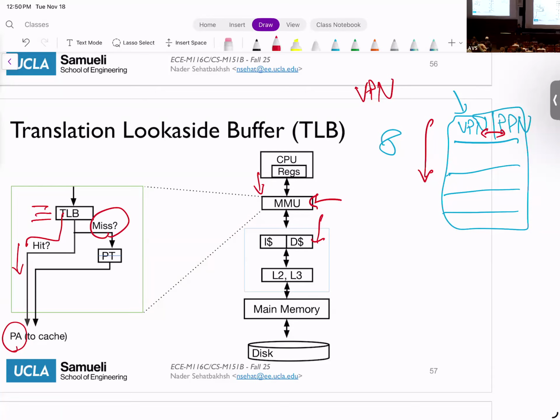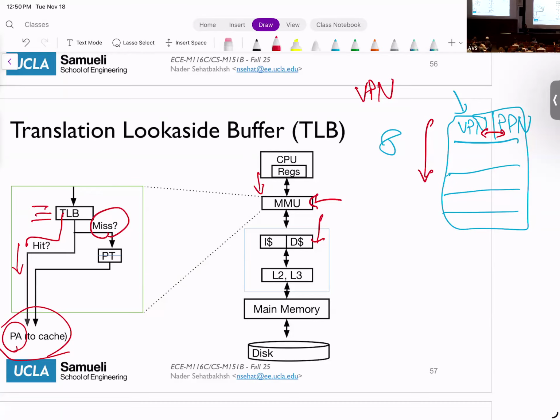Then I can go with my physical address to the cache and all that. So there is a huge difference in latency between TLB misses and TLB hits. A TLB miss means you have to go to main memory and bring it, whereas a TLB hit is just looking at the TLB and that's it. That's as fast as possible.